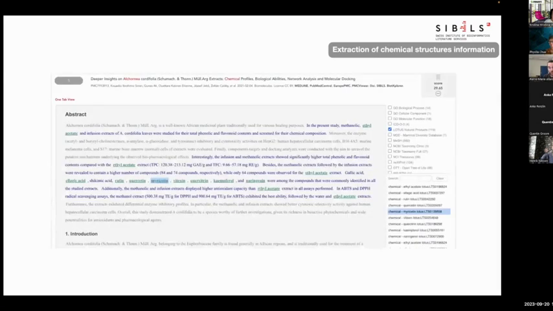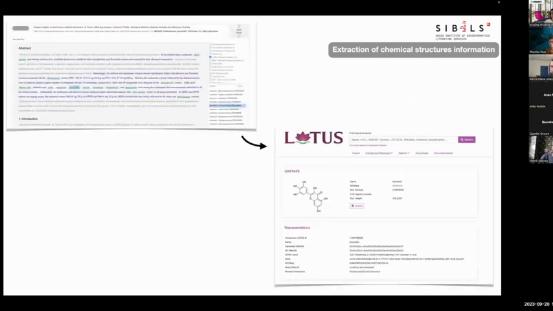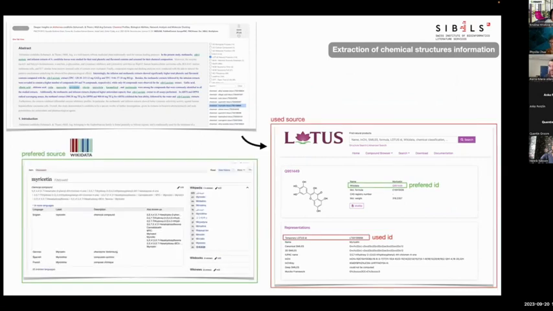And basically, what you get out of this pipeline is the following. So we now have an abstract which is annotated with the name of molecules which have been described in LOTUS. So we know that there are improvements to be made. So for now, the resource linked was the following one. There is a more up-to-date resource, which is actually the original source of LOTUS, which is Wikidata. And this, we are working with them, but we know that this shouldn't be that much of a problem.